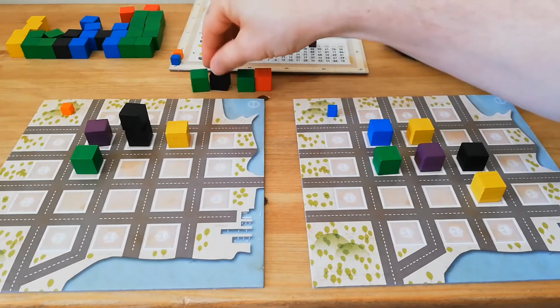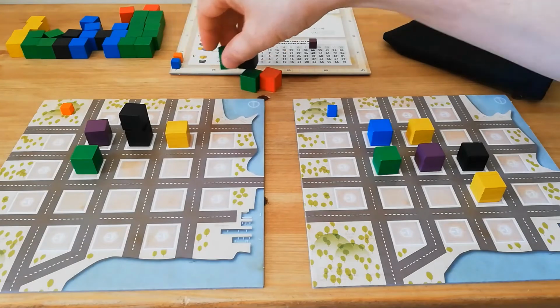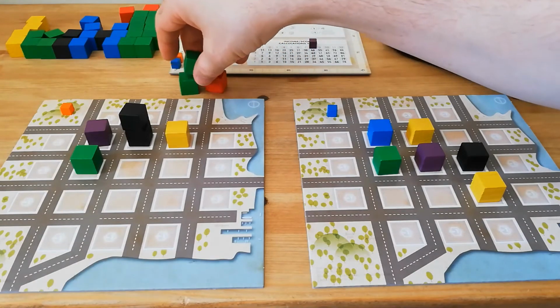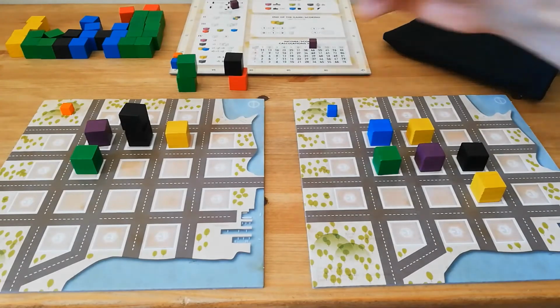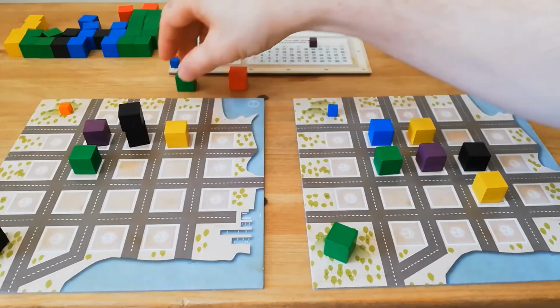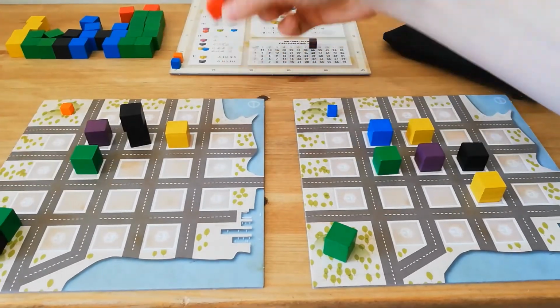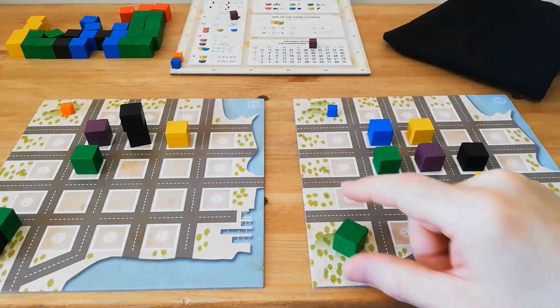The cubes are not falling well today. So orange player goes first, and we now place something like that, and we'll take that cube, and like so. Again, this cube cannot be paid for, needs to be discarded. We place